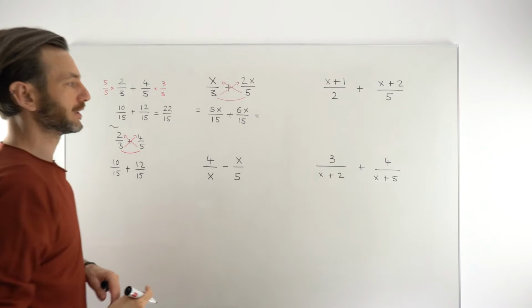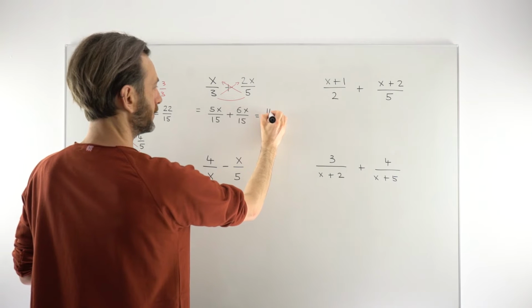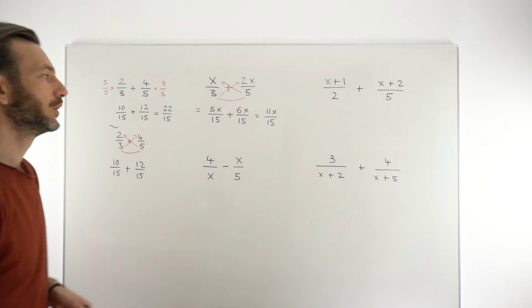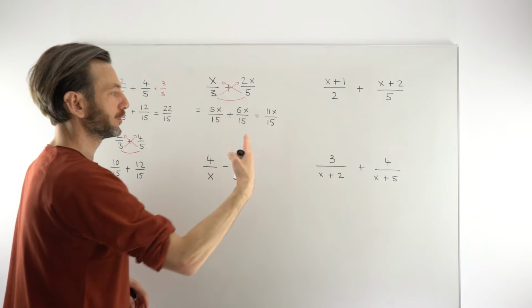Got a common denominator, so we can just add them together. 5x plus 6x gives you 11x. And you just need one version of the 15 on the bottom. A really common mistake is to go ahead and add the 15s, but you don't need to do that, because